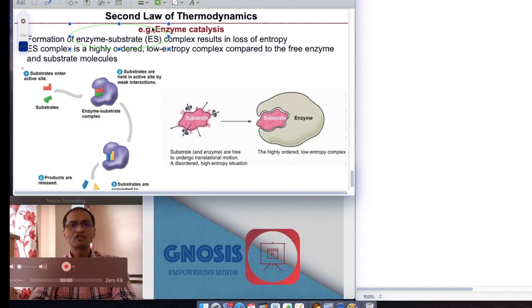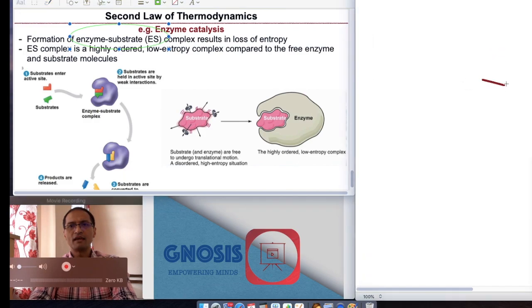This low entropy complex is very different compared to what we have when we have the free enzyme and the substrate molecules. For example, if you have free enzyme in solution,